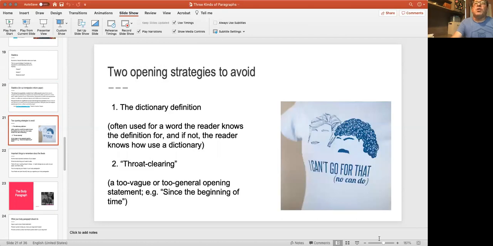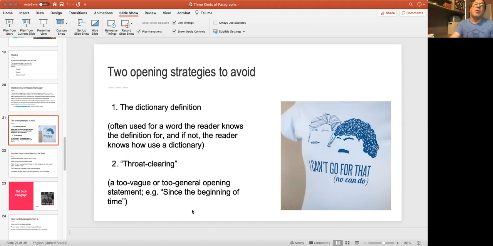So opening strategies that you want to avoid, one is the dictionary definition, right? So this is often a word that the reader knows, but immigration is defined as, that would be kind of an example of how that would be used here, right? So oftentimes that's used to try to broadly introduce the topic, but that can be way too broad and also kind of insulting your reader's intelligence in the process. So you're much better with something like a brief history or statistics if you're trying to establish just kind of general baseline things about immigration and how